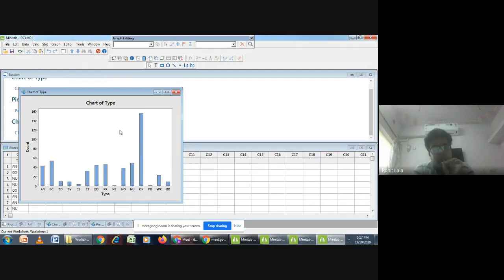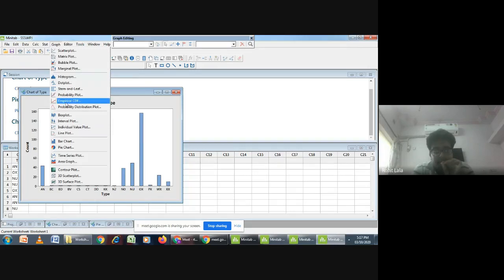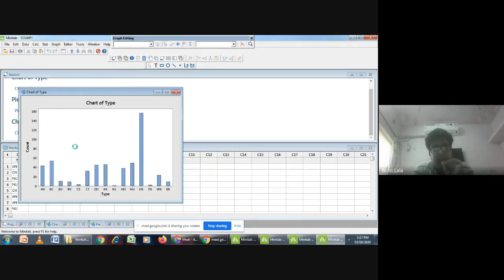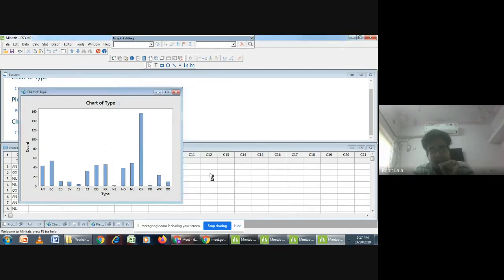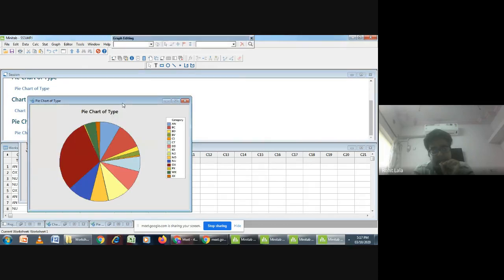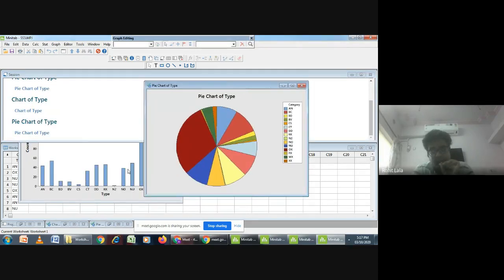But one more method for representation of this kind of categorical data is the pie chart. So we can apply a pie chart also, but sometimes a pie chart is not favorable if your data has more variability. Just check it. See here, when I apply the same pie chart on this data, you can get the same kind of output which we were seeing.